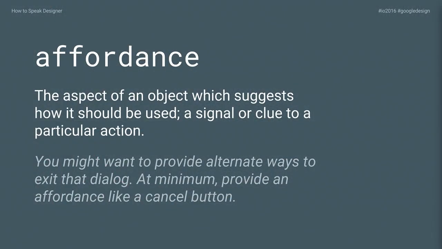You want to be able to readily perceive how something works just by looking at it. And in the physical world, we see plenty of examples of this. You're all sitting conveniently on these affordances called chairs. You walk up to a chair, you look at it, you're like, I don't know what to do with that. My butt goes there. That's a chair. Door handles are the same way. You look at it, okay, it opens, it closes.